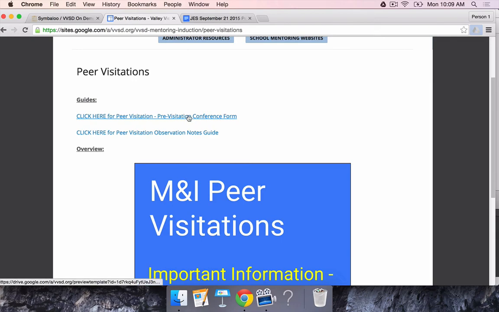Then you're going to use your pre-visitation conference form to talk with your mentor about what you're looking for, how you will be collecting data, what specifically with that thing you're looking for, what elements is it comprised of, so that you can have valid resource information to discuss with your mentor after you have gone to visit this veteran teacher.